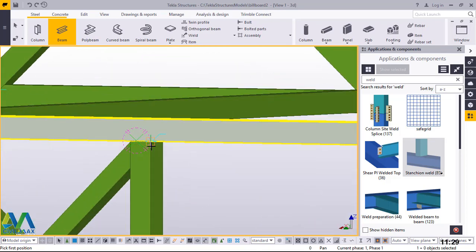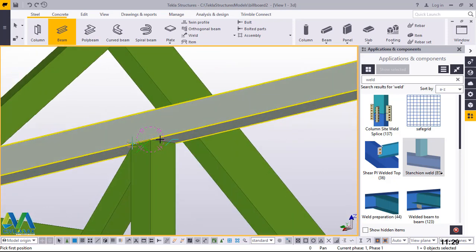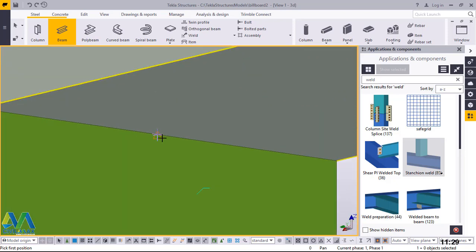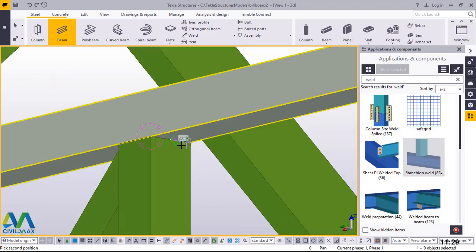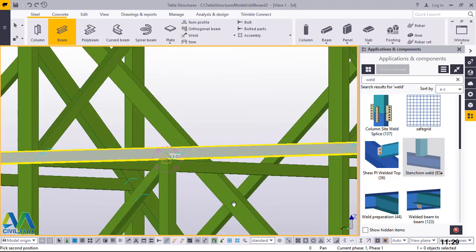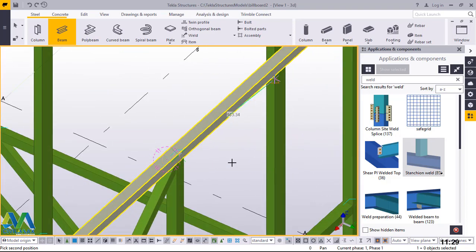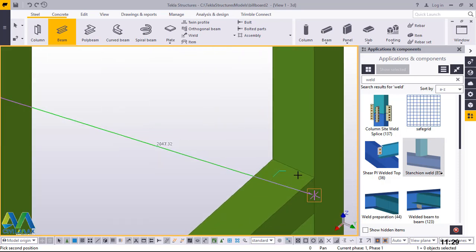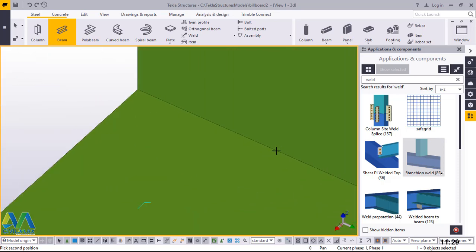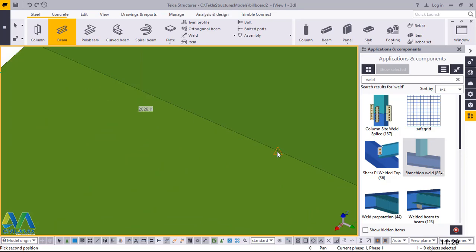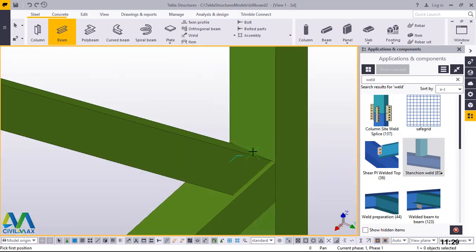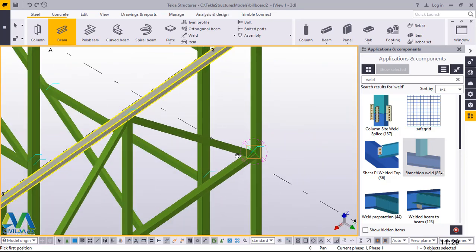And target this far end here. I'll snap right at the top here. Then come down at the bottom end here and snap right here. I'll snap right at the bottom end here. Right here. Perfect. Now if I turn this,